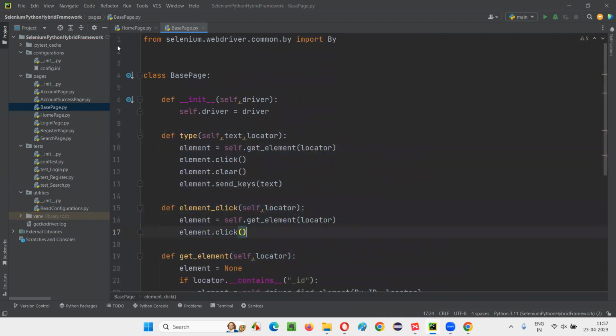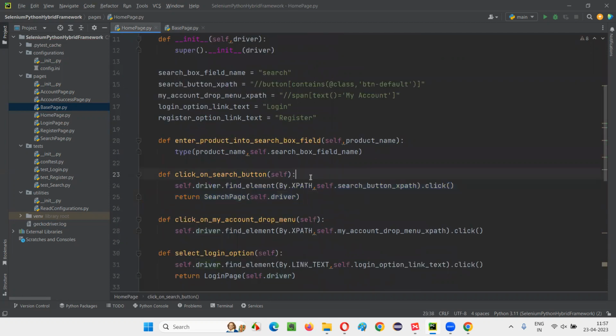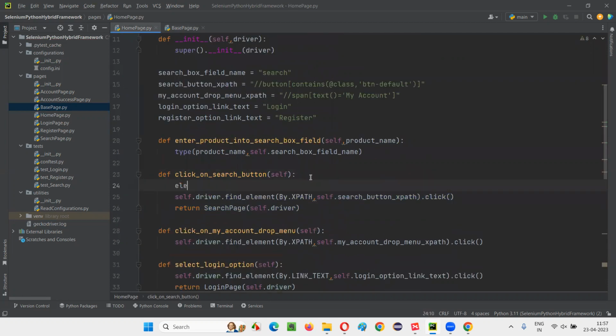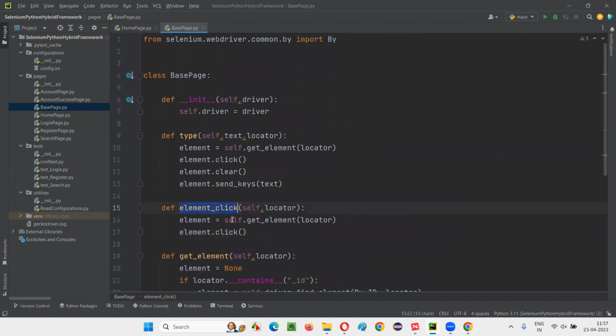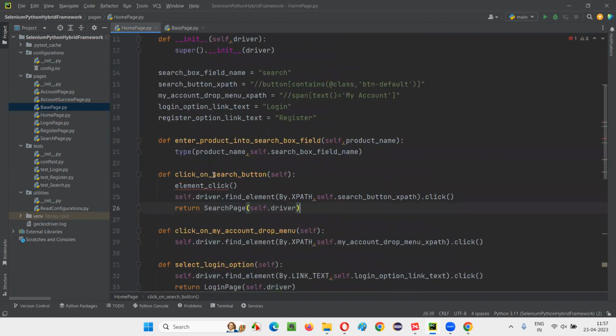Now, element click is ready. Come back here and simply say element underscore click. That's the method, right? Element click, and you have to pass the locator. What is the locator? Self dot, this is the locator. The problem: unresolved reference element. I think it's not locating this. Maybe